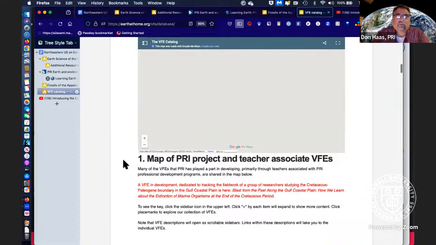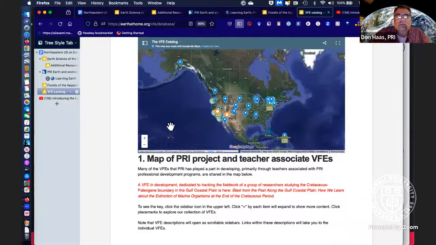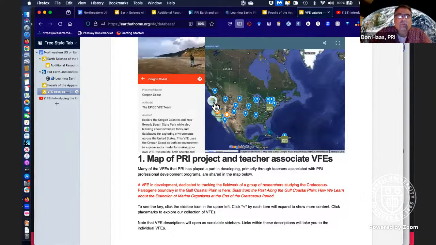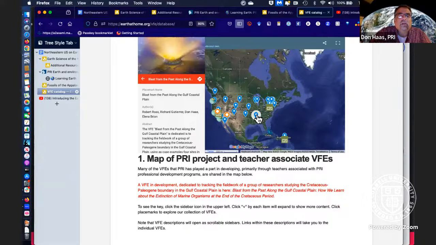That'll load up in a second. And you can click on any one of these and get information about it and go and visit that particular place virtually. The ones with this icon are part of the EPIC project, and there's some of the newer ones in the database. The newest one in the database is this one on the day the dinosaurs died, and